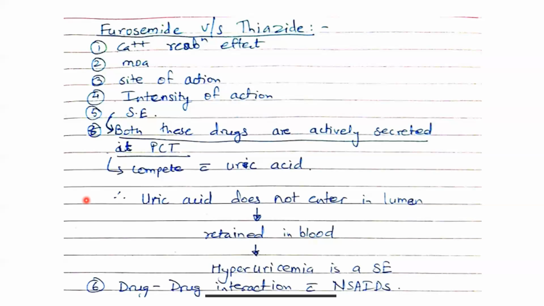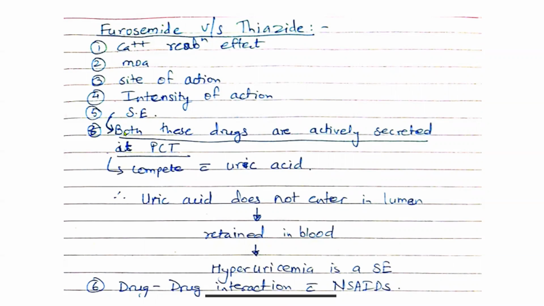it acts on the part of the lumen where a lot of... thiazides, their intensity of action is mild because they are acting at a portion where only 2 to 5% of the sodium is reabsorbed. So if you are able to save sodium, how much will we be saving? 2 to 5%. And plus we are going to discuss one consequence where still some amount of sodium, not much, but is reabsorbed. So basically thiazides are mild diuretics.